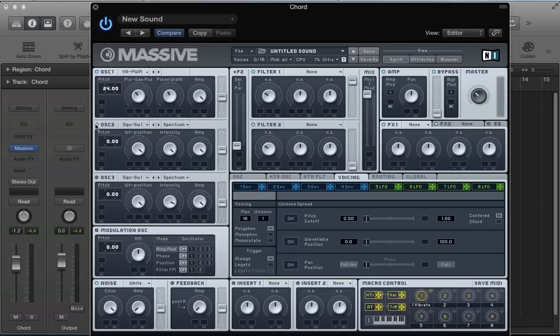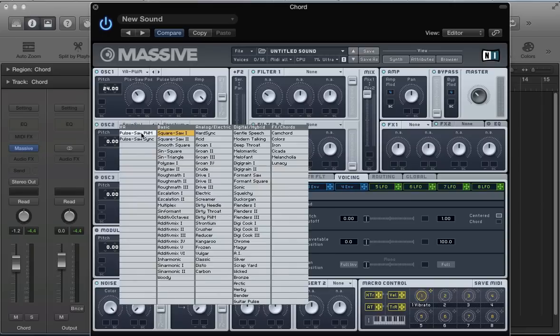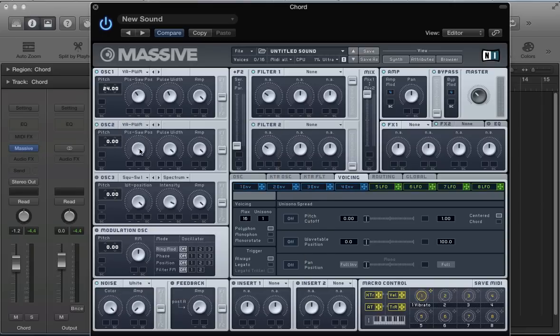And turn on oscillator 2. This is going to be a pulse width modulation, VA PWM again, and pulse saw position just before halfway, and pulse width just before halfway again, and take the pitch up to +3. So again, a bit of a chord inversion there, and then I'm going to hold